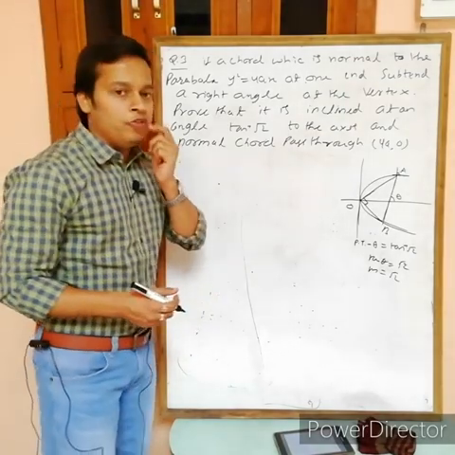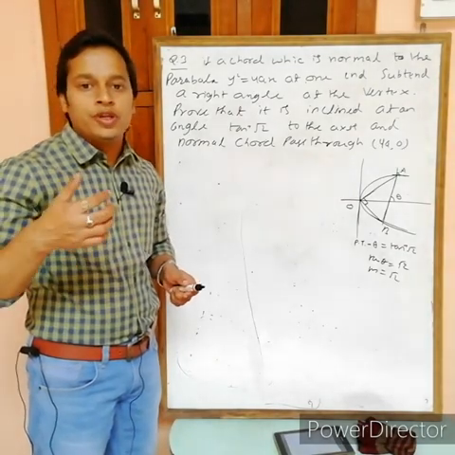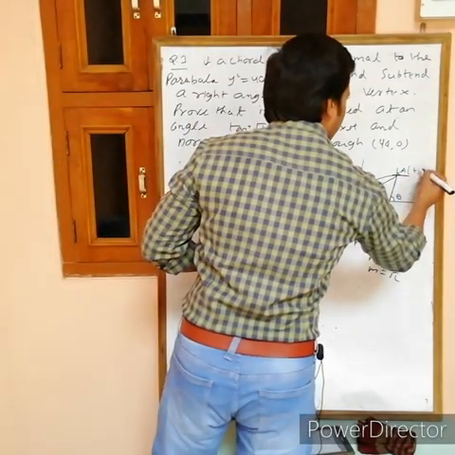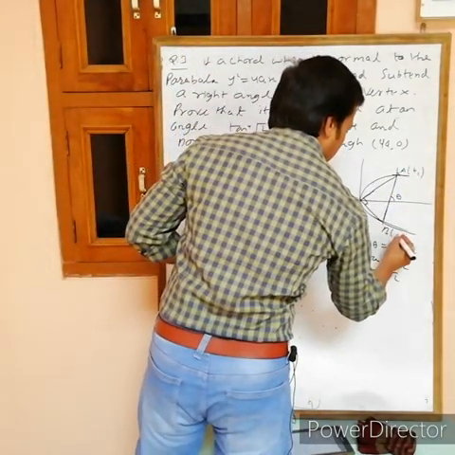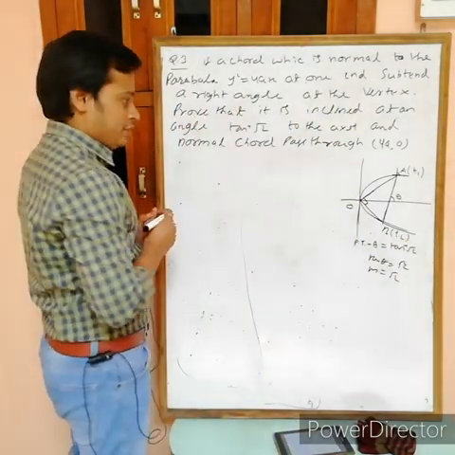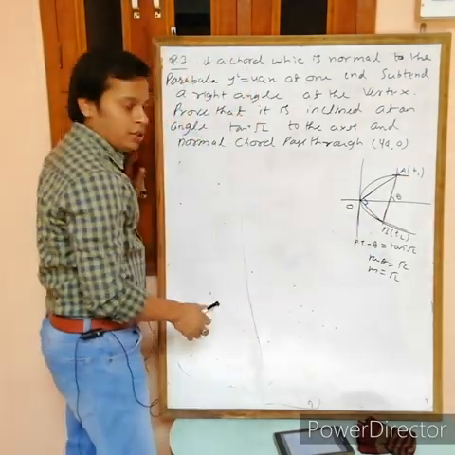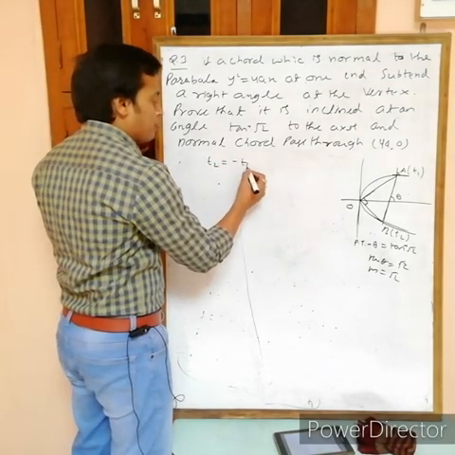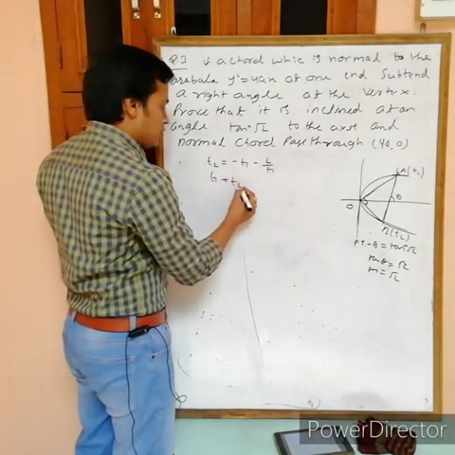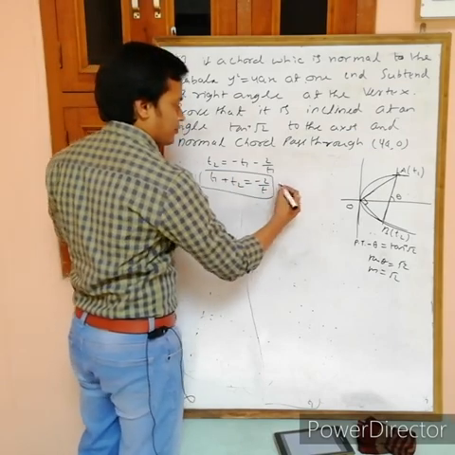Do you have any formula for slope? Actually we have. The slope of the chord joining t1 and t2 is 2 by t1 plus t2. So suppose the parameter of point A is t1 and the parameter of point B is t2. Now first, do we have any relation? Yes, this normal at A again meets the curve at t2, so I can write t2 equals minus t1 minus 2 by t1. It means t1 plus t2 equals minus 2 by t1. This is the first relation.